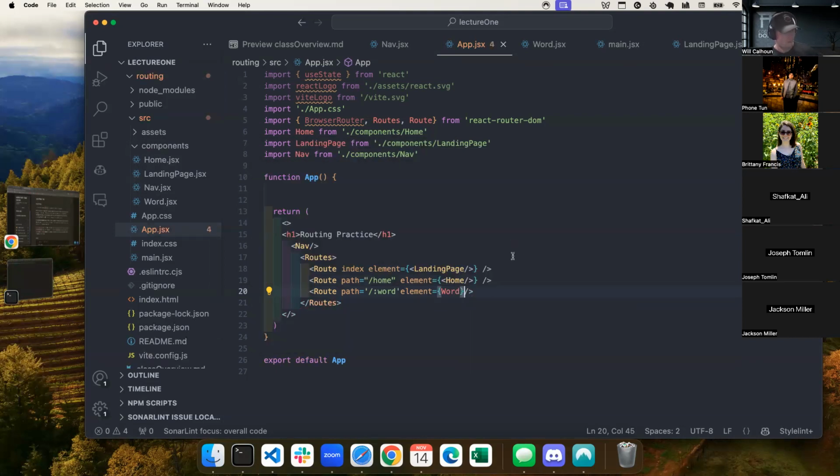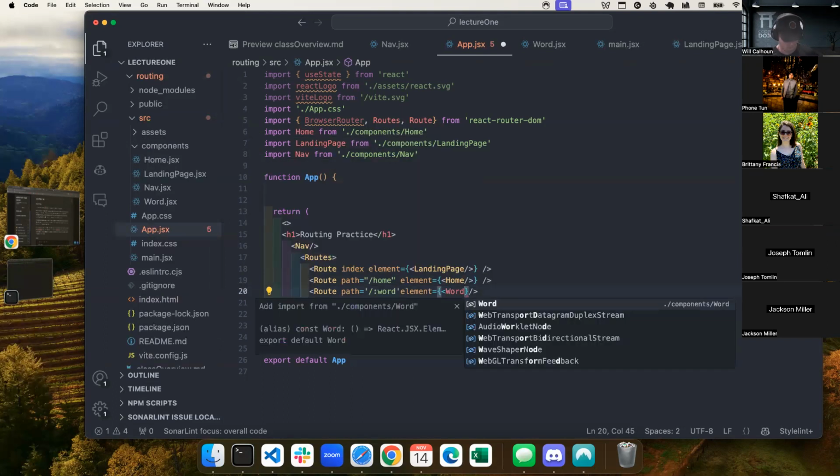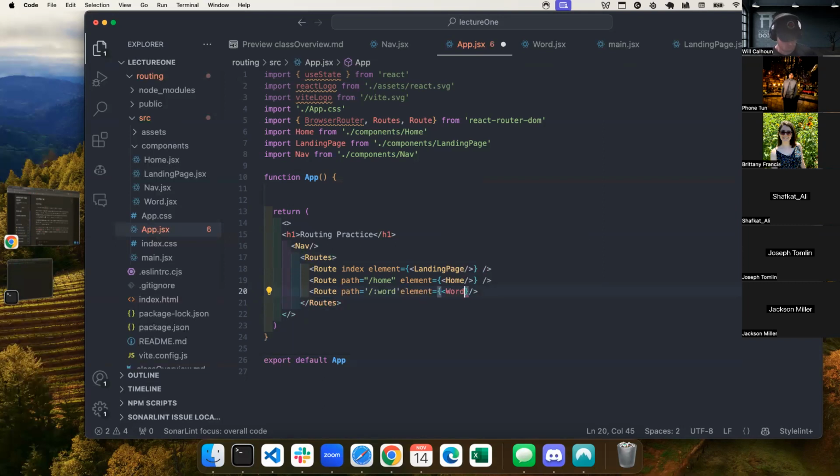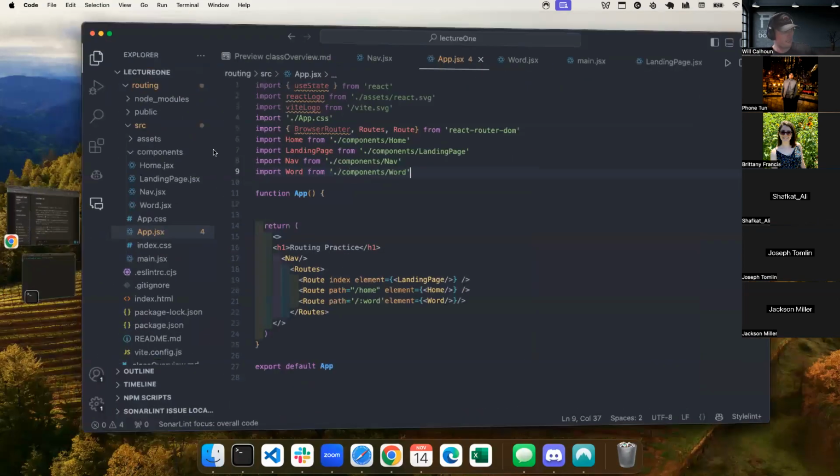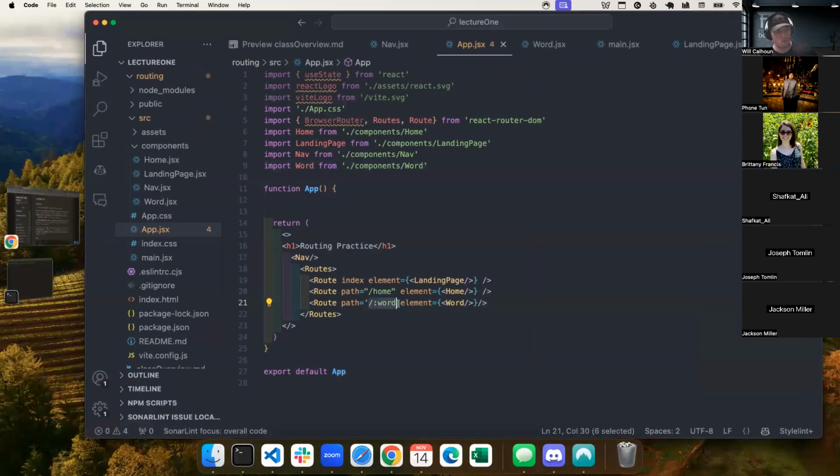Great. Now I haven't brought that in yet. And I need to wrap that in these guys. Cool. So I need to import this. I've learned my lesson. Import word from components. Great. So now if I type any /word or any word, it's going to bring up this specific component.